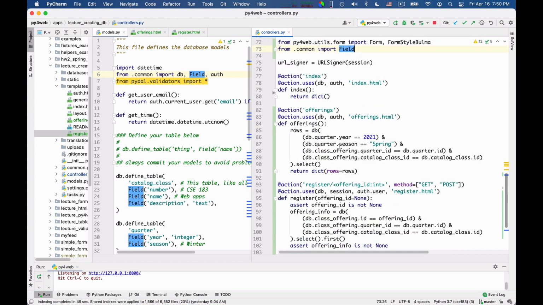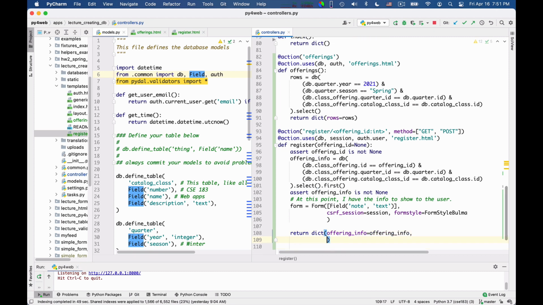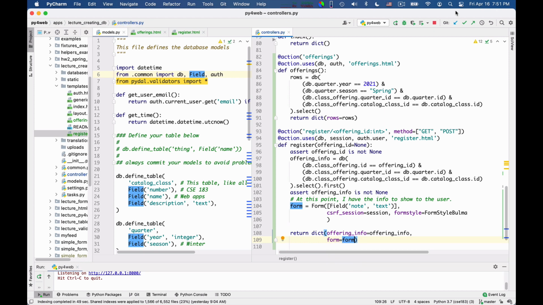Okay. So this will generate a form that has one field that is a note. I haven't told you anything about how to process the form yet, but this should work. I mean, it wouldn't do anything if we fill in the form, but we can start in this way and check whether the code we have written works.